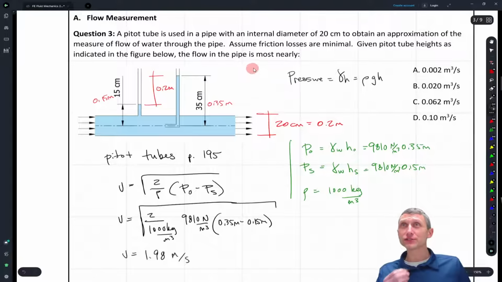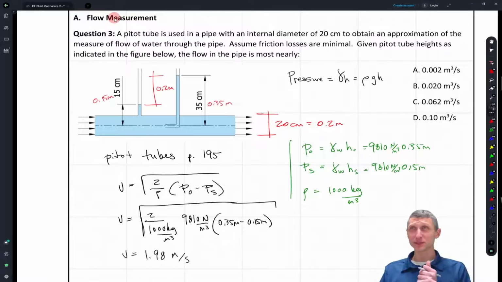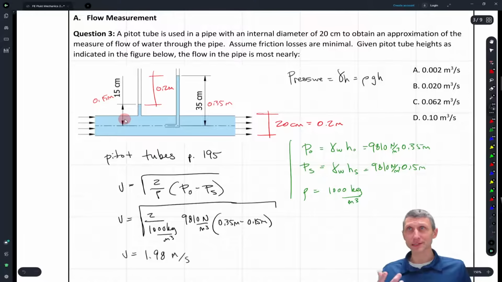It means when we're solving, this is asking for the flow in the pipe. This comes from section A. Section A in fluid mechanics says, look at flow measurements. This is a basic flow measurement apparatus you could use. You could use it in an open channel, and you just have, instead of 15, this would go down to 0. But here, if this is in a pipe, again,